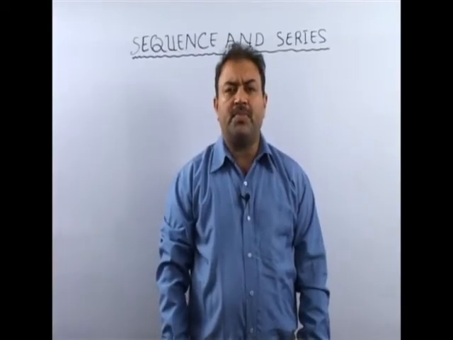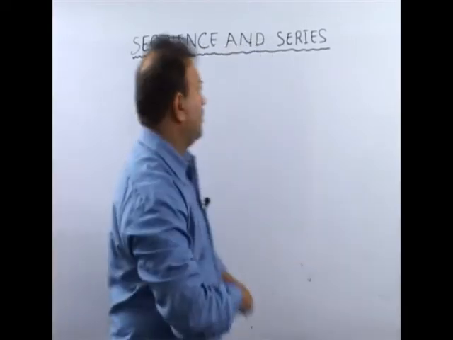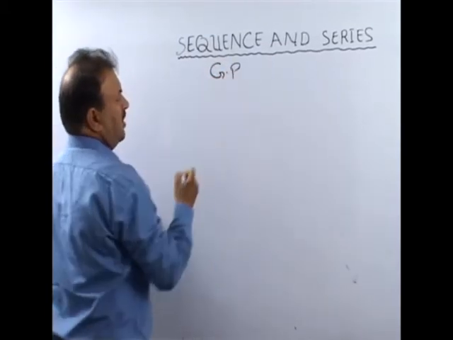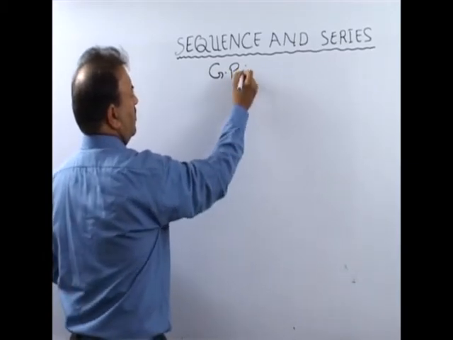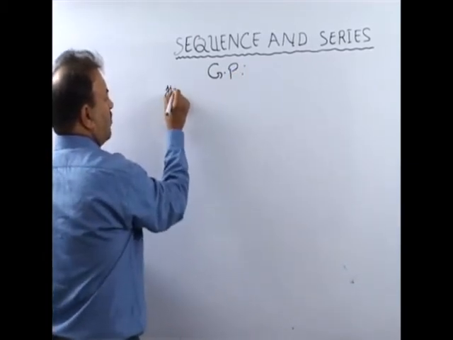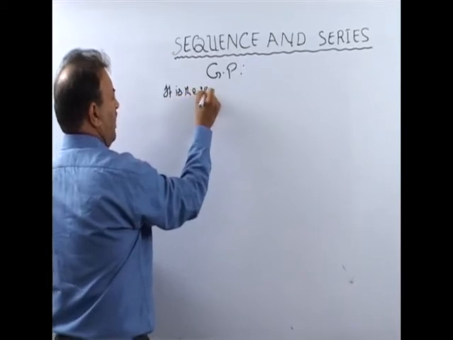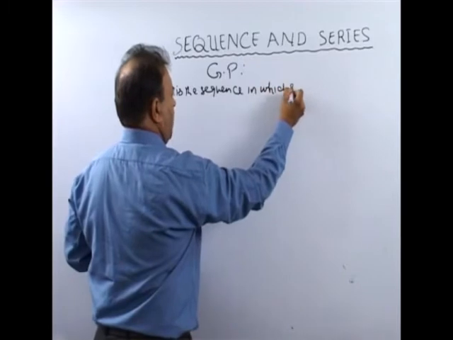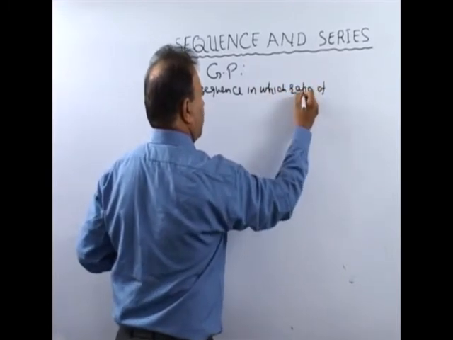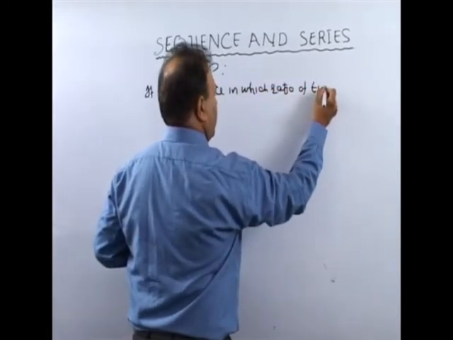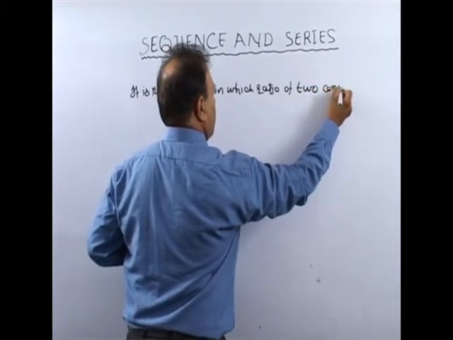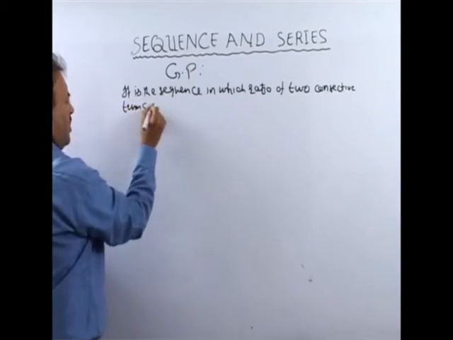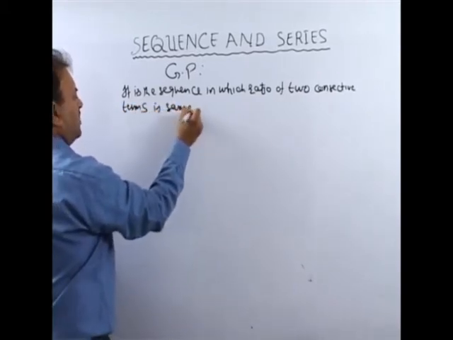Next topic is geometrical progression. Short name, it is GP, geometrical progression. It is a sequence in which the ratio of two consecutive terms